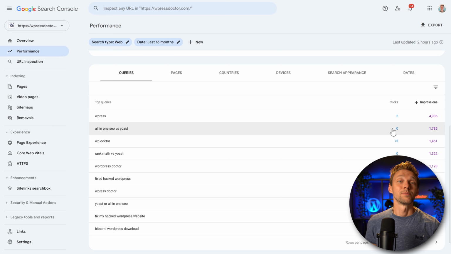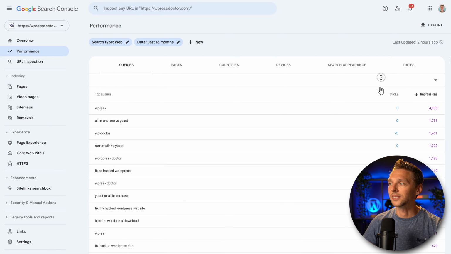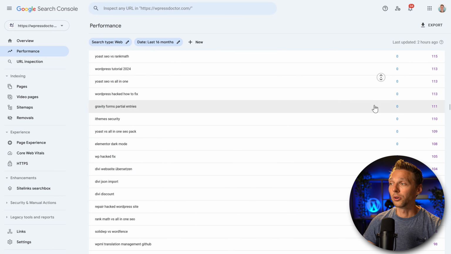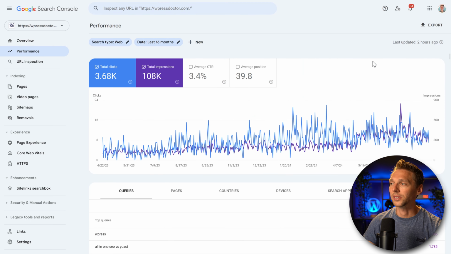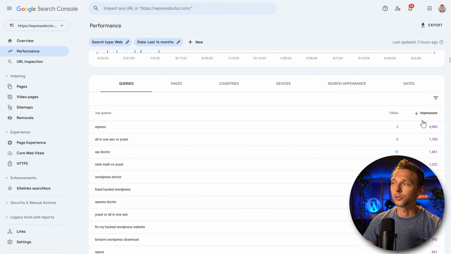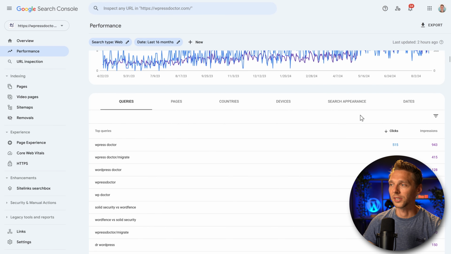What is going on? This way you can actually improve your posts and your pages for SEO so that this thing will get clicks. Now you can see only 10 per page here, but you can change this to, well, let's say 500 rows, and then you can see an almost infinite list of all the things people search on and when your website was shown, but people don't click, or you can use the clicks and you can see what's going on your website.